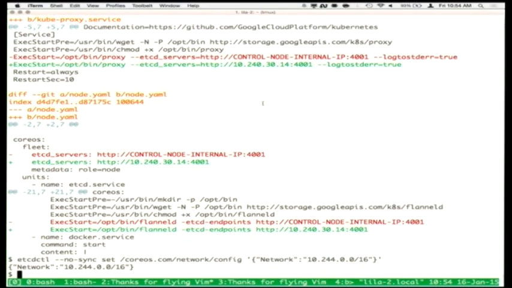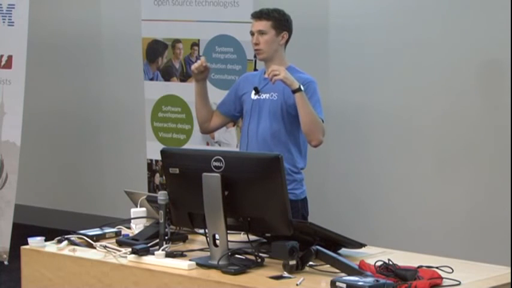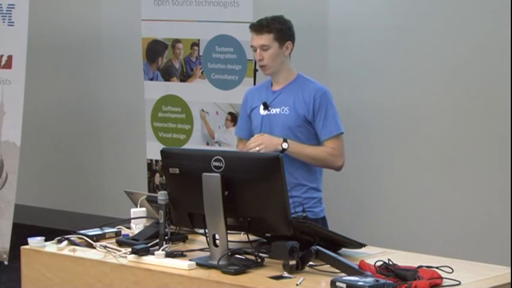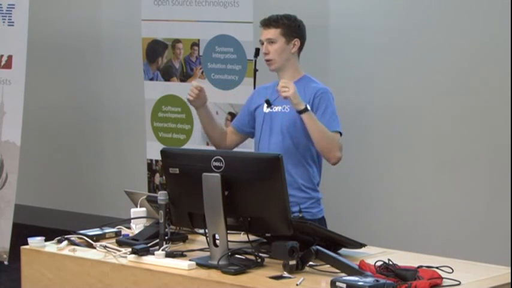So what Flannel does is it creates a UDP encapsulated overlay network that you can run fairly inexpensively on VMs. The problem that we're solving is that a lot of people have infrastructure where each host has a single IP, but our opinion, and the opinion of projects like Kubernetes, is that it's really convenient if each container, each application running in your infrastructure, has its own unique IP instead of trying to do port mapping business. And so what Flannel does is it essentially creates a logical route table between a virtual machine that